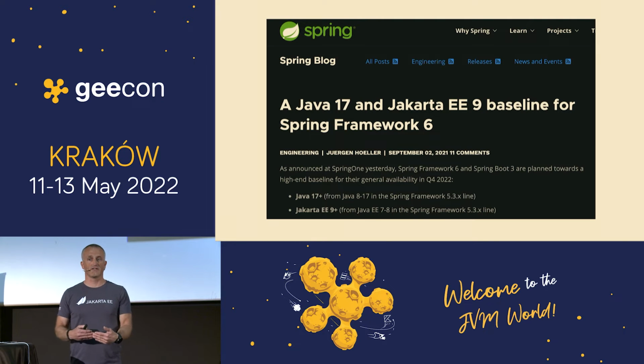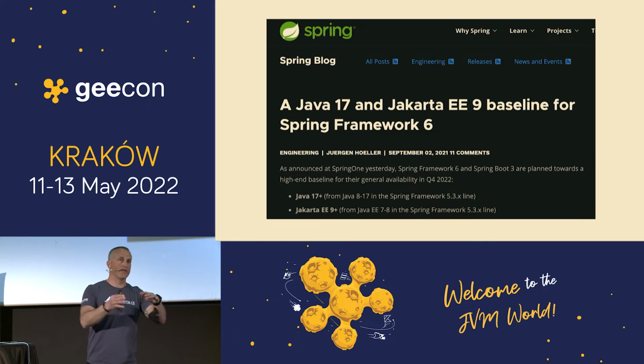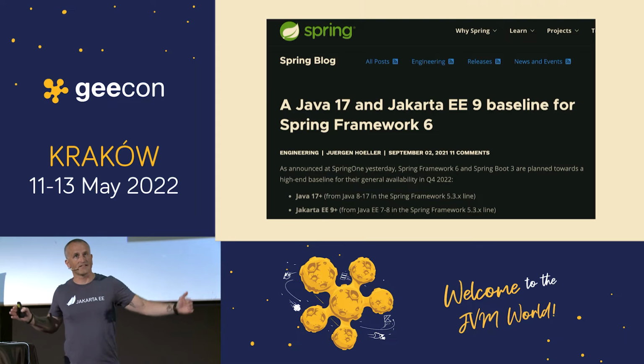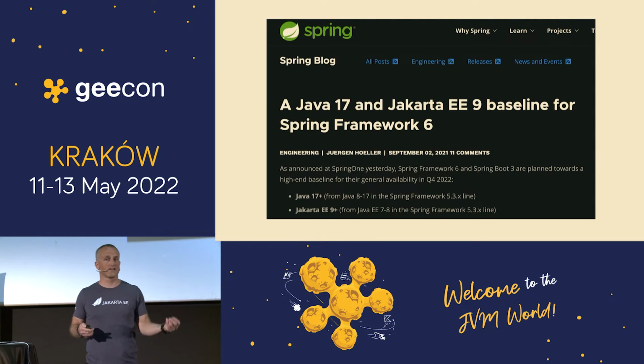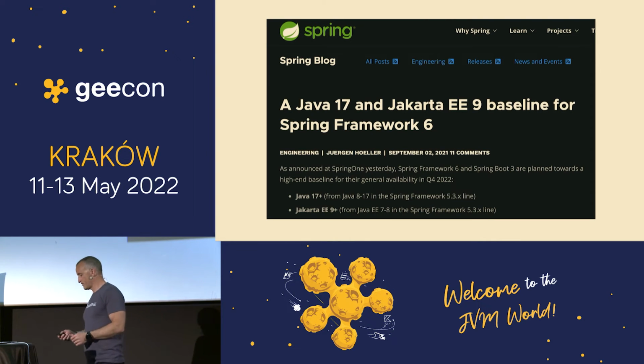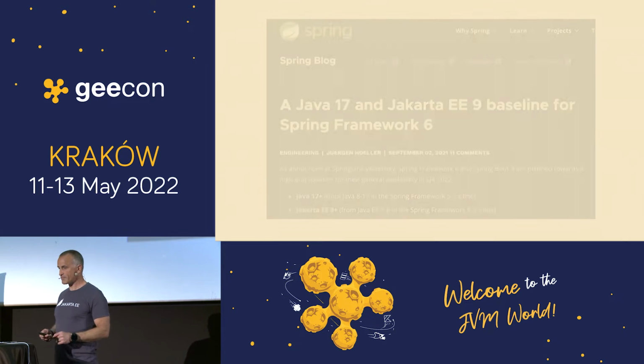So if you're using Spring today, you're probably going to be affected when you upgrade to Spring Framework 6 or Spring Boot 3, because some of these namespaces are bleeding into your application. And they've done a tremendous job to ensure that everything in Spring Framework works on Jakarta EE and all the dependencies they drag in, because there are a lot of other products that are not under their control, but they have to make sure that all these libraries also work for Jakarta. And in November, this is coming out. So if you're using Spring, this affects you as well.